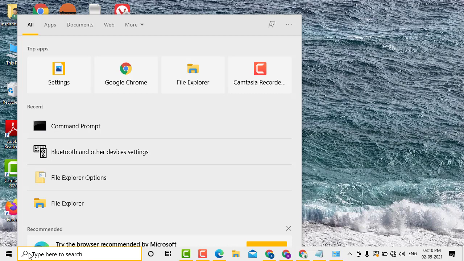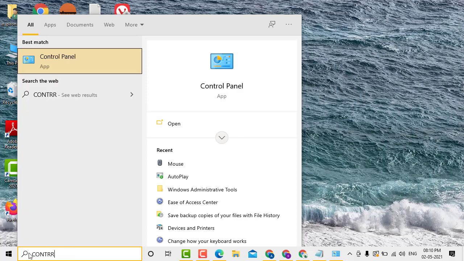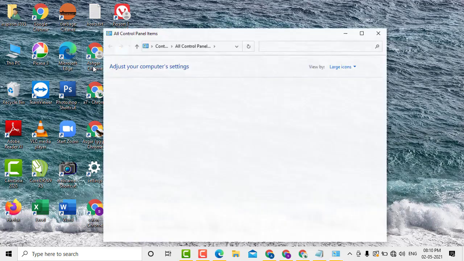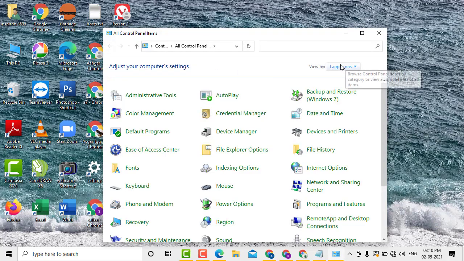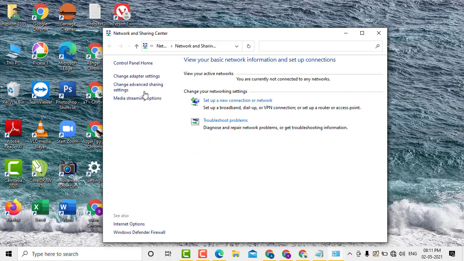Now type here Control Panel, and here there is an option to select Categories. After that, click on Network, and after that click on Change advanced sharing settings,